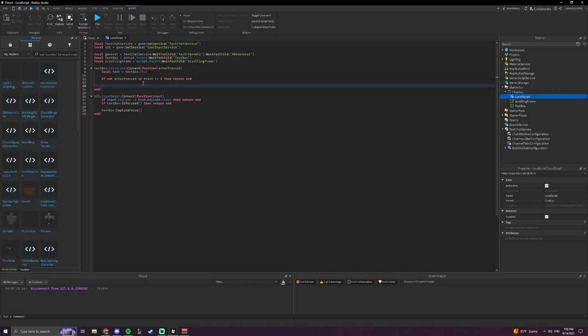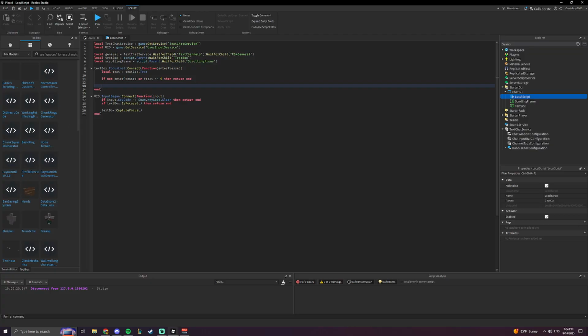And we do number text here because the text in the text box is given as an array, I think, a table, not an array, because tables are the only thing that exist in Roblox. But yeah, we got the text, and it's a table of characters, and to get the amount in an ordered table, with numbered keys that aren't separated or anything, you can just put the hash symbol in front of the table and it gives you the number. Anyways,